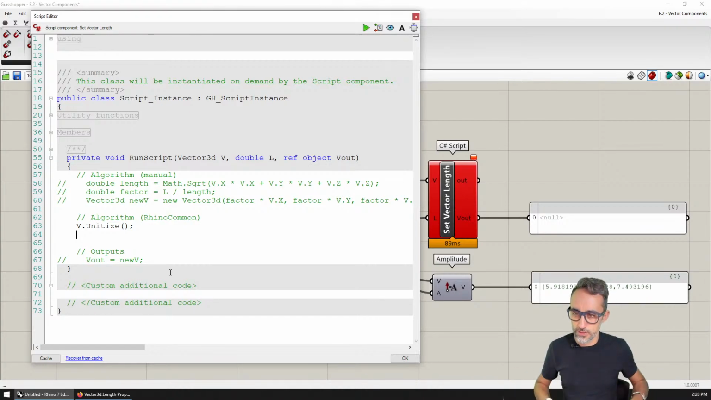So let's do this. The next thing I'm going to do is scale the vector. I'm going to create a new vector, which I'm going to call new v. This vector is going to be equal to the unitized vector v, the one that already has the direction that I care about, multiplied by a number. So if I multiply L times v,